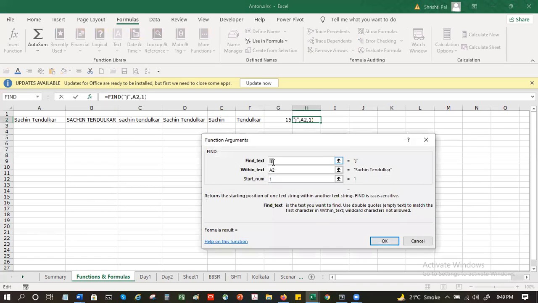Now, same thing. If I, in place of J, make it A, what happens? I have A in Sachin Tendulkar, yes, but still it can't find it. Why? There are a couple of A's. No, A here is uppercase.